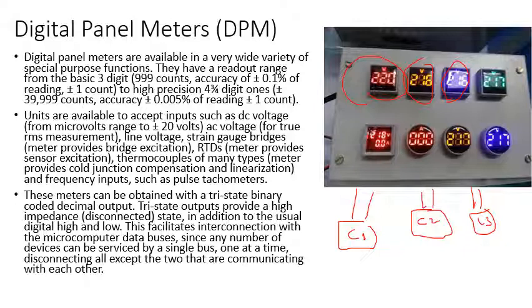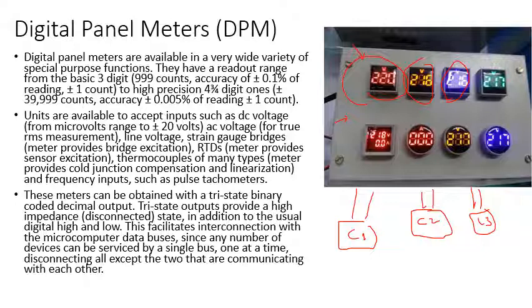Normally this type of meter will be used in industry, where there are different points where you want to check the readings. If there is any mismatch, then you should be able to immediately go and make changes. It is easy to understand if it is displayed in parallel, right? If you had only one multimeter, then you cannot observe four readings at the same time. That is why these panel meters are used to see different spots at the same time.